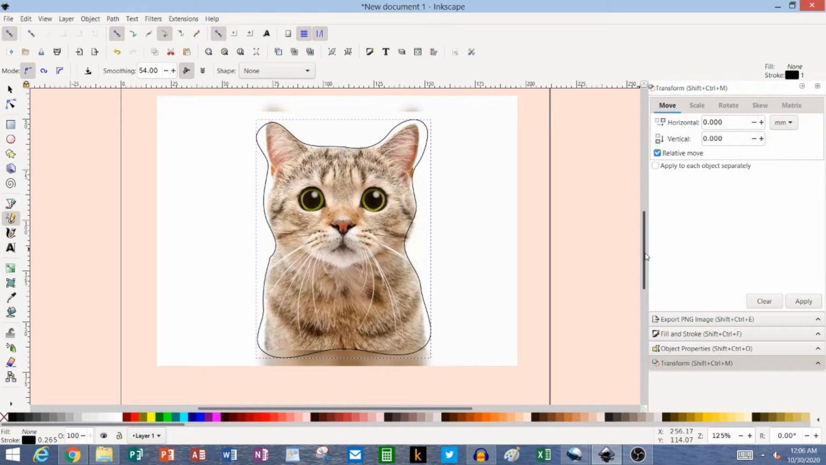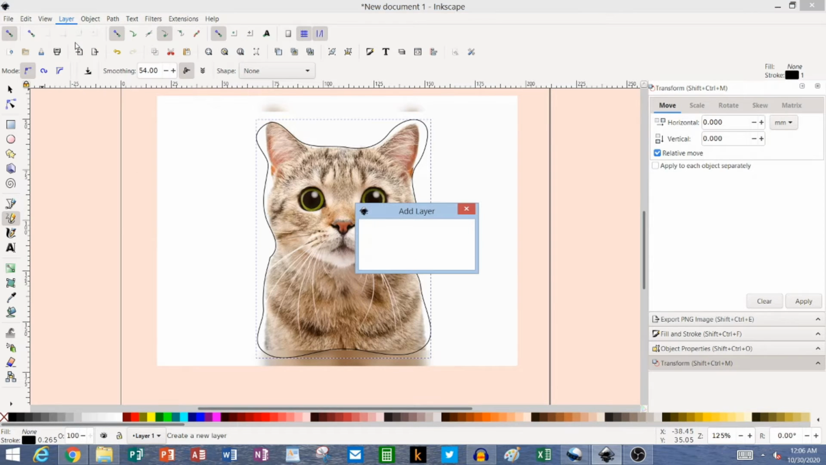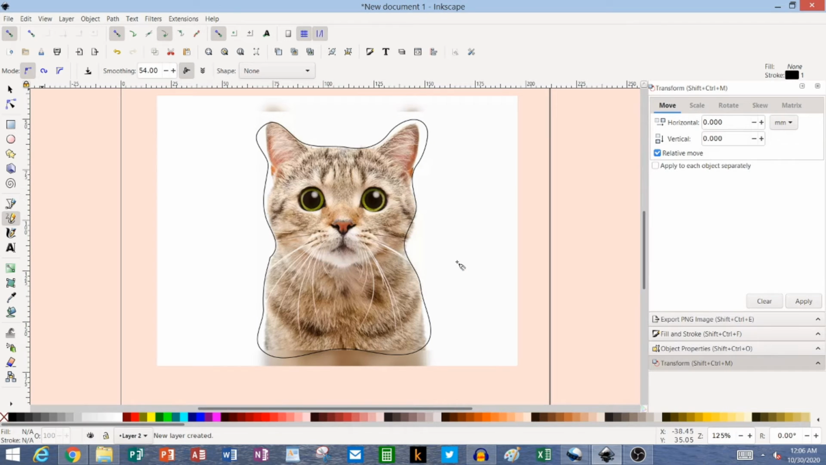So what next? Well, you'll notice at the bottom of Inkscape, it tells you that you're on layer 1. So what could we accomplish if we add layers? So let's go ahead and go to the layer menu and add a layer. And so now we can add layer 2. And so now that we have 2 layers, we can differentiate by putting the cat on one layer and the